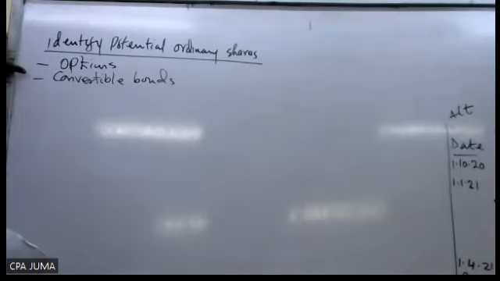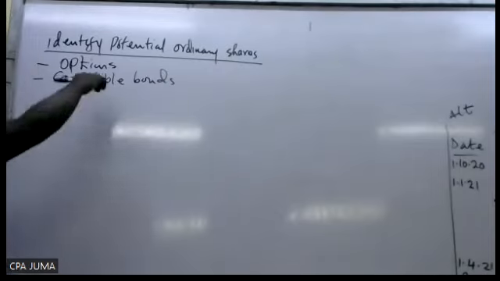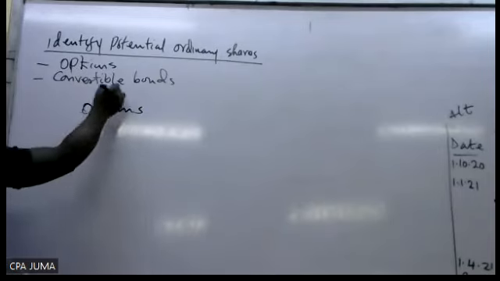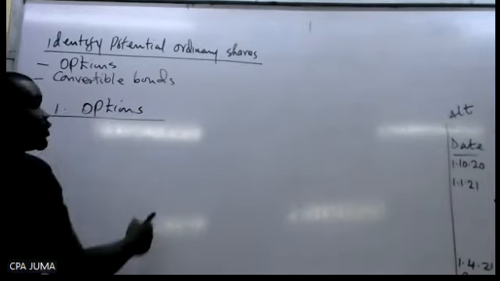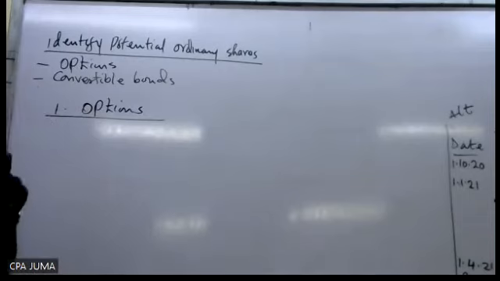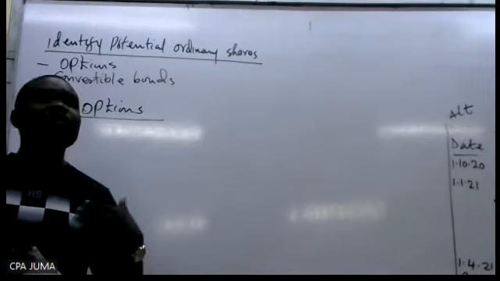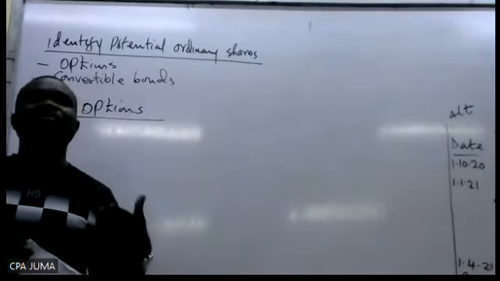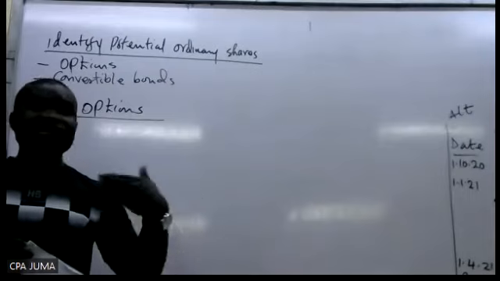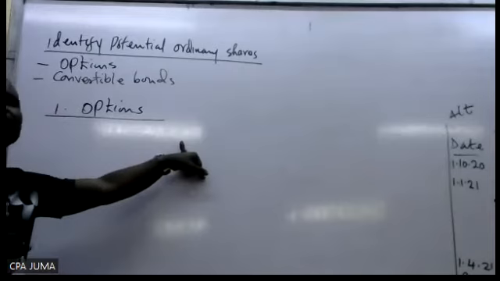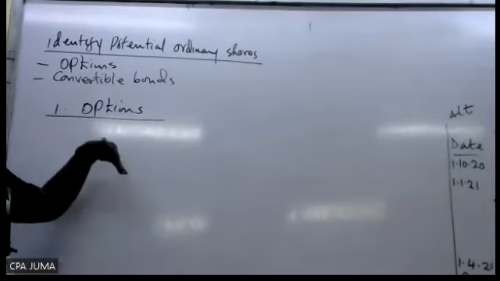You rank them based on their incremental earnings per share. So let's do that. Options, you understand what's happening. Options is number 1. What we want to check: options are given to employees. When these employees convert or exercise the privilege they were given, exercising means they take up what? Shares. What will happen to the company's earnings? And shares will go up by how many?